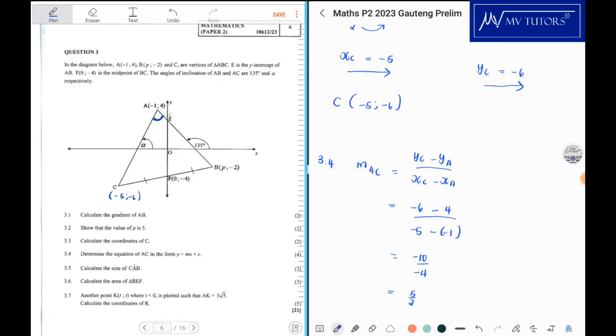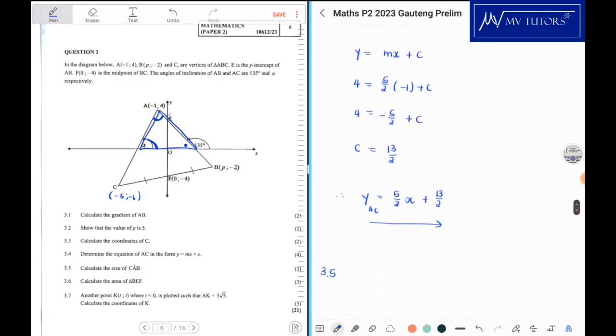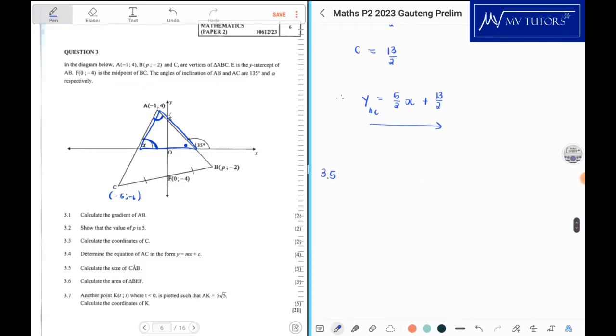Okay, so what I'm thinking is, I'm going to focus on this triangle. If I get what alpha is, I can already get this value over there by using angles in a straight line. So let me see what alphabets we haven't used. Let me just say this is M and N. Okay, so if I were to get the angle N,